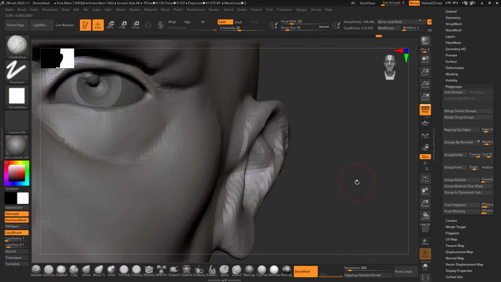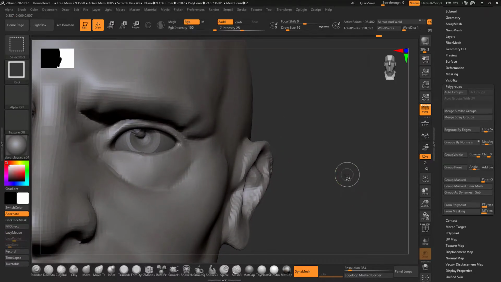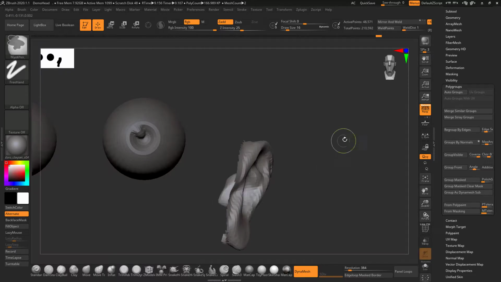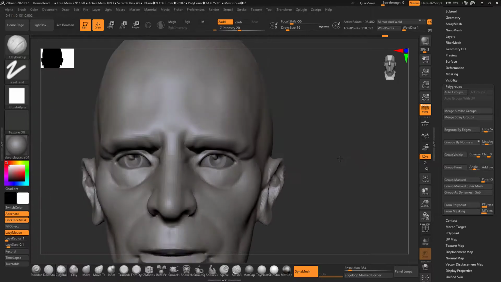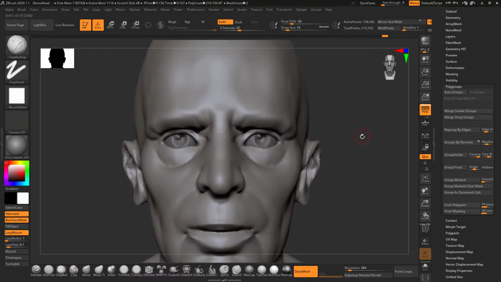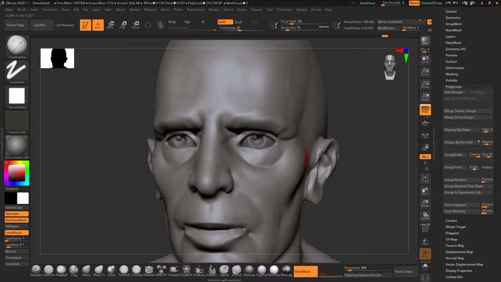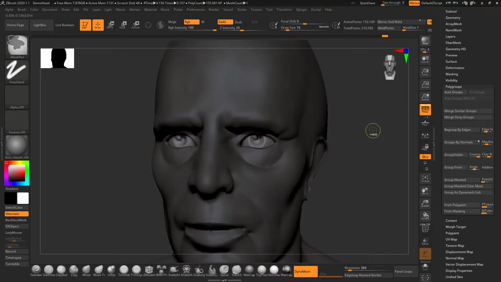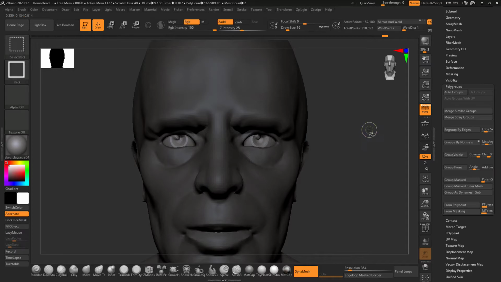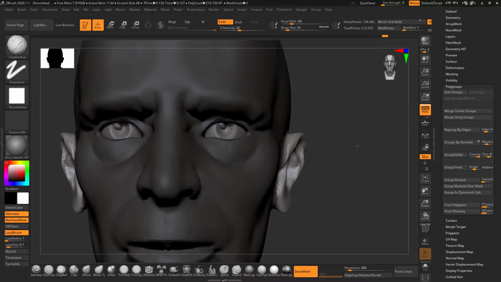If you don't want to do this, simply Control Shift click, so your partially hidden model will be visible, and then you can Control click to hide one part, then click outside to make a mask, and then Control Shift click again to show the hidden part.